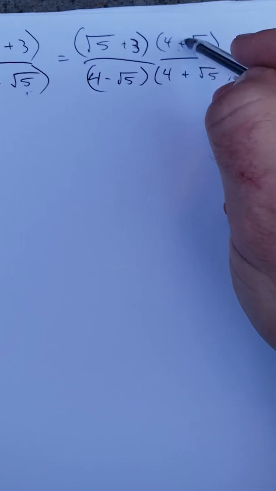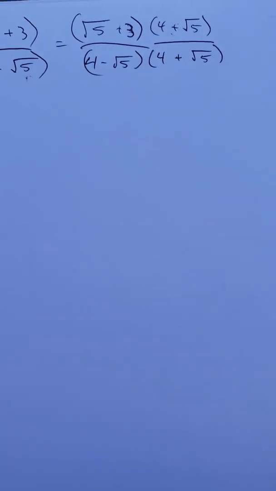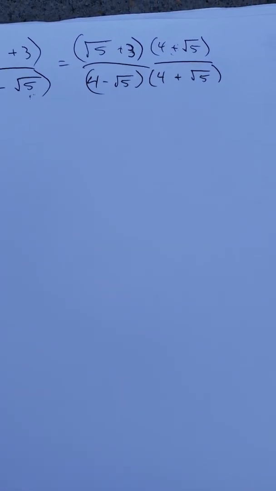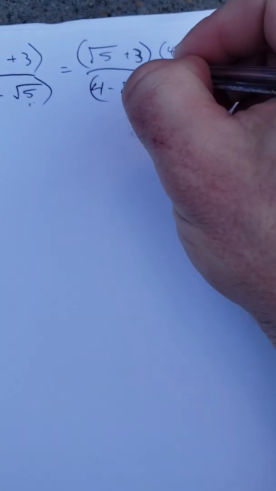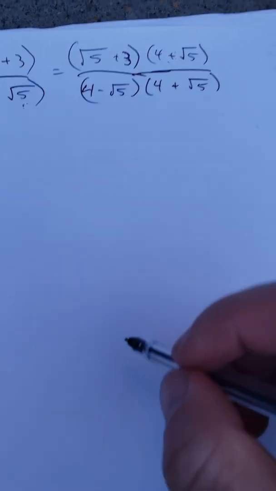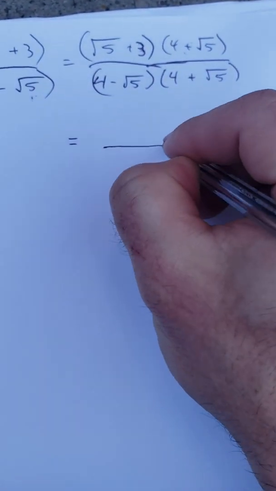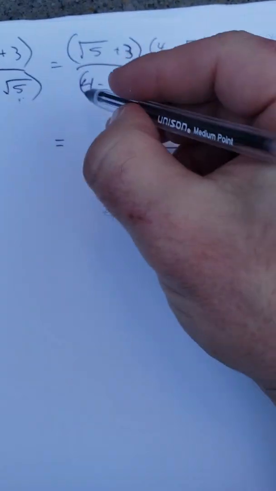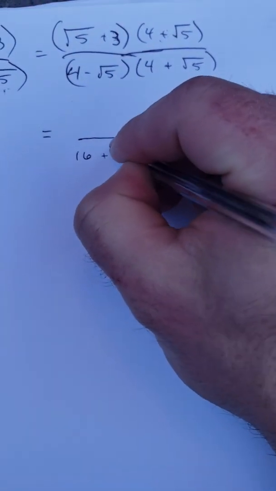Okay, if I multiply by something in the denominator and I do the same thing on the top, all I have is 1 right here. I'm not changing the value of anything. There's nothing special going on right now. Okay, so let's take care of this here. Now this, okay, again, we're multiplying, so we just go straight across. All right, and let's just do the denominator here for a second. If I just look at the denominator, we have 4 times 4, 16. 4 times positive, we're